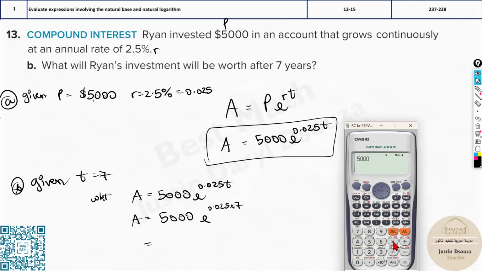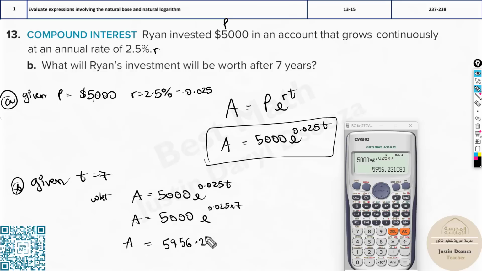It'll be 5,000 multiplied by e. Don't use alpha and e because then you'll have to use other options like power. You can simply use shift and ln, that's natural logarithm, and you get the e value. Then type in 0.025, multiplied by 7. That's it. The answer is 5956.23. So the amount initially invested was $5,000, but after 7 years at the annual rate of 2.5%, compounded continuously, you will receive